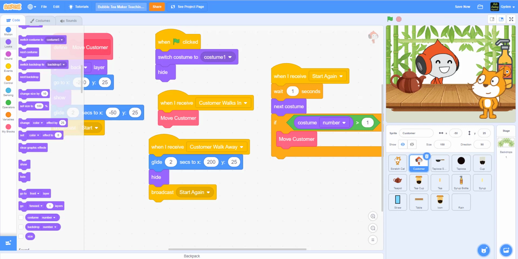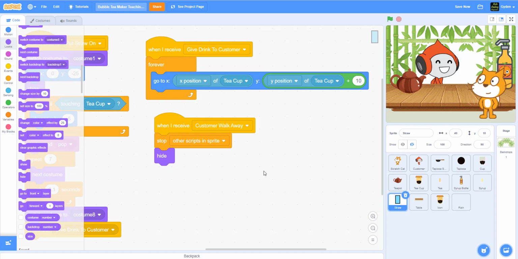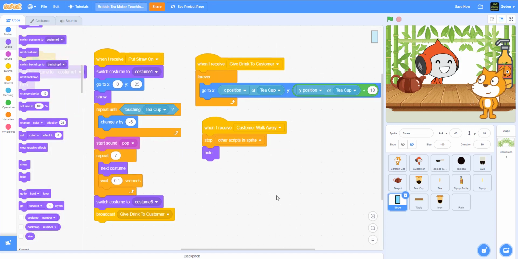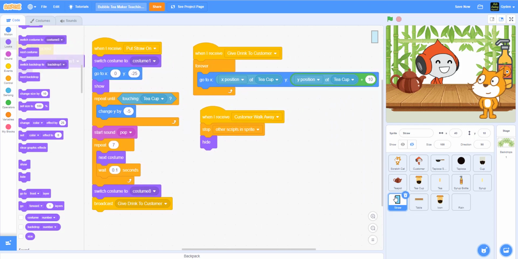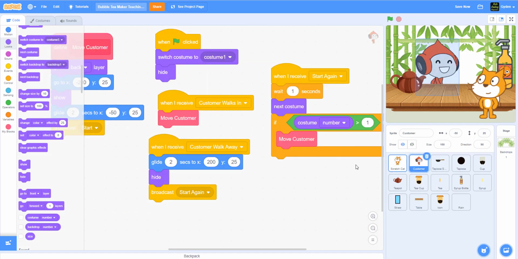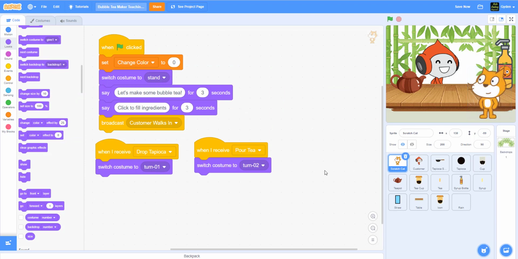Okay. All right. So we have the customer, we have the straw, right? And what we need to do next is work on the icon, so that when we give it to the customer, the icon will light up. Okay. But before we do that, let's finish the cat. So the cat, where we had the start again, we can also have